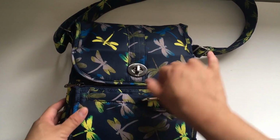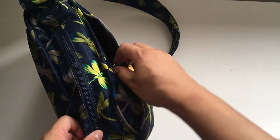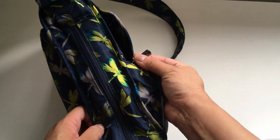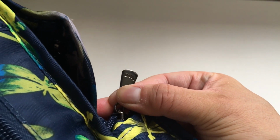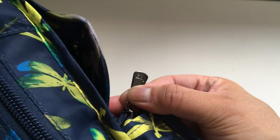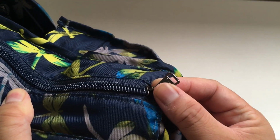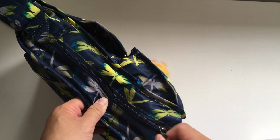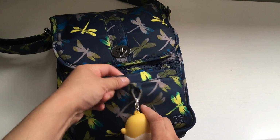And all the hardware is the gunmetal. So you've got the little turn knob. The zippers are tonal, but the zipper pulls do not have the little hole or loop in them, so you can't really hang anything off of the zipper pulls. Just putting that out there, at least not this one. This bottom one does for some reason. I don't quite know why. I tried to hang this guy off of it, and he just got in the way, so I decided not to. But I did hang it off the little loop that you use to open the